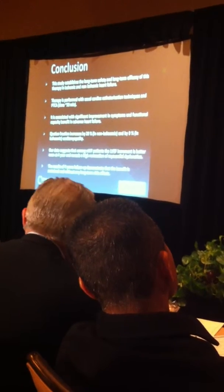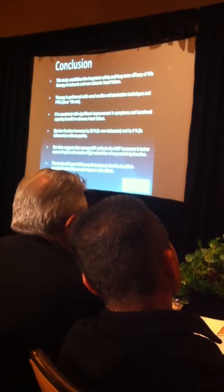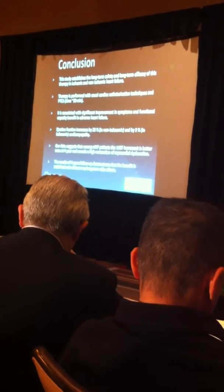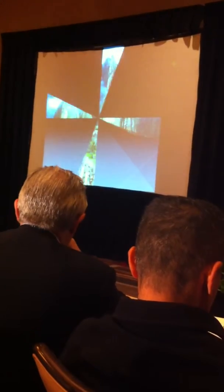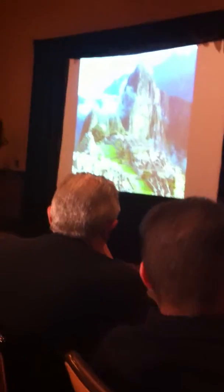The results of this 4-year follow-up demonstrate that the benefit is sustained and without any long-term side effects. So just to show you, this is our